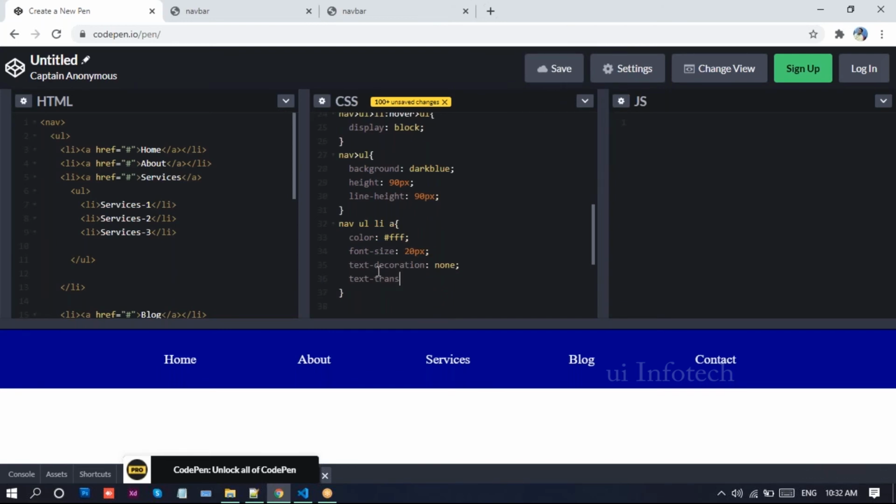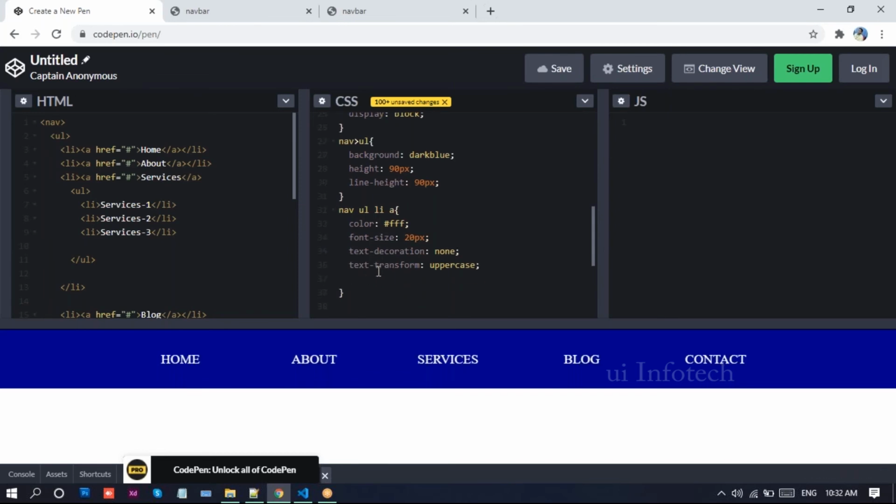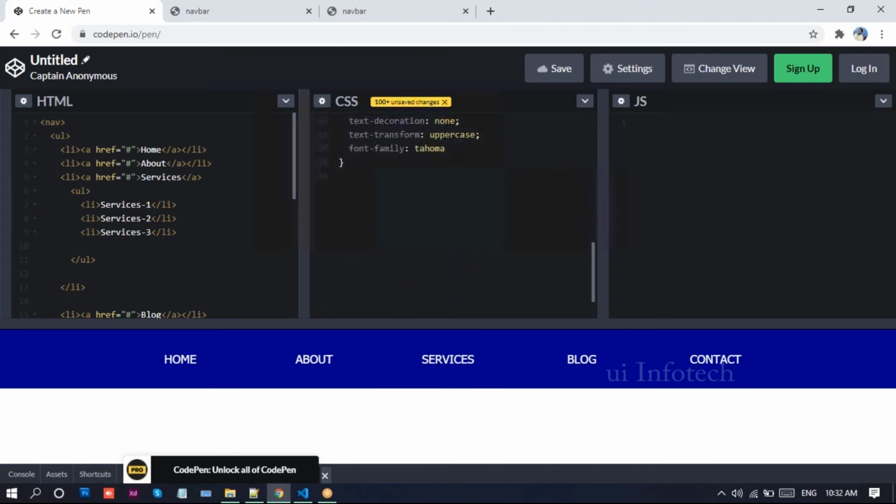If you want, you can apply text transform uppercase. If you want to change the text, you can write font family. If you want to reduce the size, you can reduce it to 18 pixels.